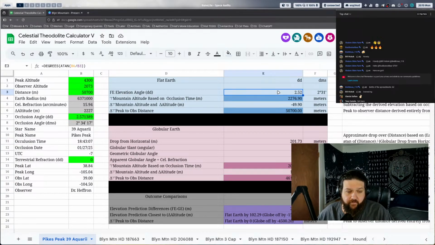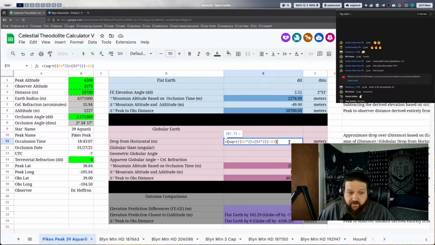Now, we have the flat Earth prediction based off of the difference in elevation and the distance. So the tangent of that gives us 2 degrees and 31 arc minutes. And from that, we have our raw occlusion angle. So we're saying if the Earth is flat, then when the true position of that star intersects with that angle, it's no longer going to be visible. And that's what we're predicting. And if that's true, from that angle that corresponds to that time, we can backwards derive a couple other things. But before we get to the backwards deriving in secondary and third triangles, we'll continue on to show what we do for the globe prediction.